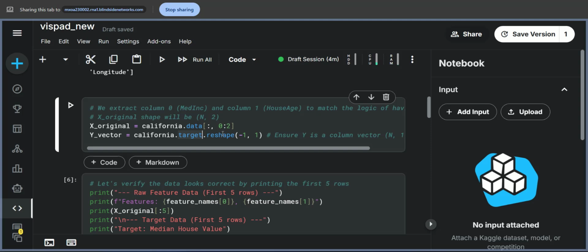But the catch is that accessing the targets from here gives a flat list, a very long list of numbers. Because we are going to use the matrix form, we have to convert it into a 2D vector. So what we do is reshape it,